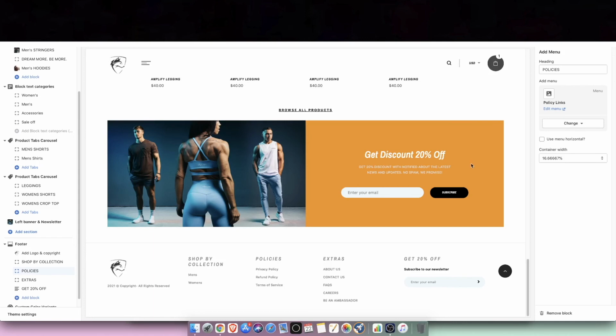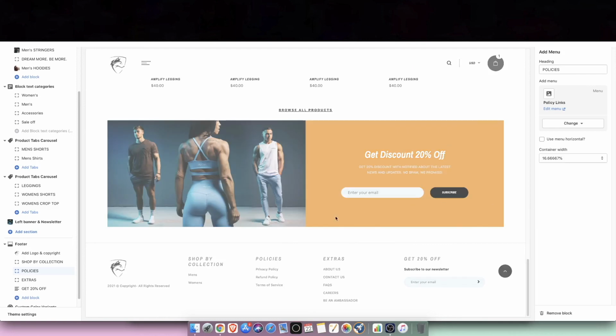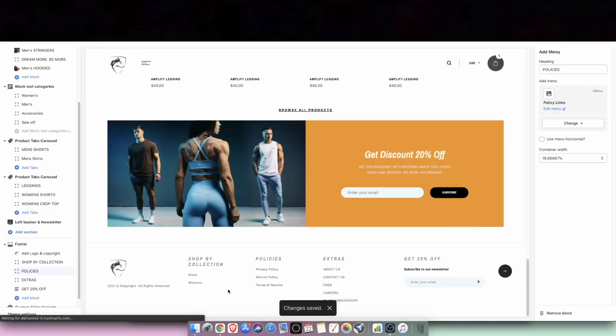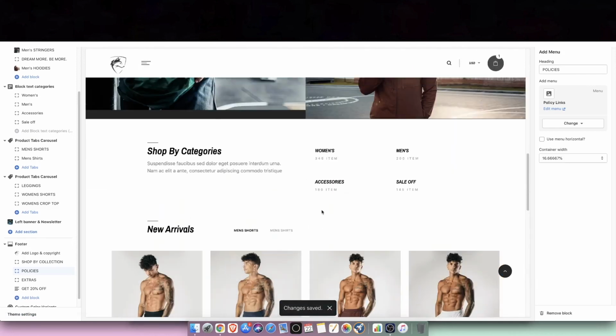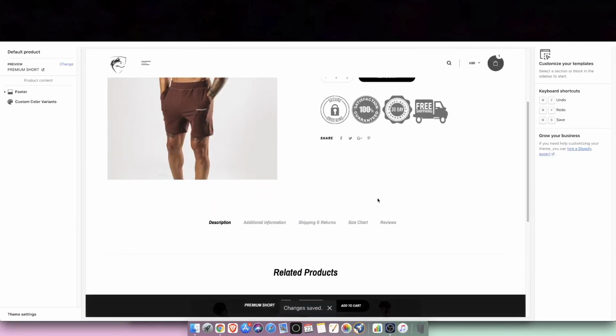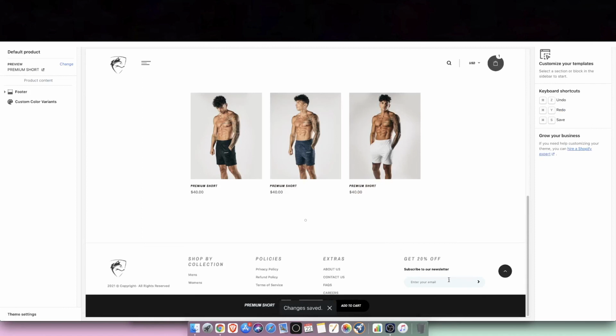With that being said, some people may ask the question, clearly you have a newsletter sign up on the very bottom here. Why would you want to have a newsletter sign up in the footer? Well, it's very simple. It's because people don't just end up on the homepage, they end up on product pages too. So for example, let me just go ahead and save the progress here. If I'm a customer and I'm browsing through the website and I say, oh wow, I like this pair of shorts. Well, there's no newsletter section here unless I scroll all the way down, and that's where it is, right? Along with our,